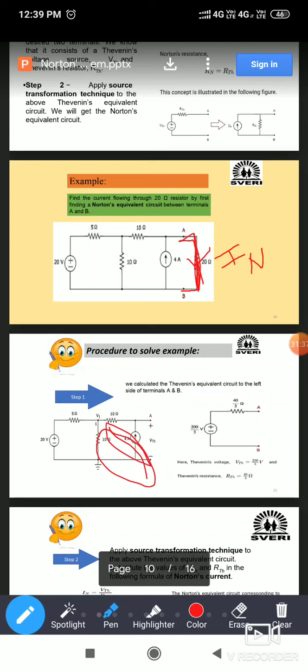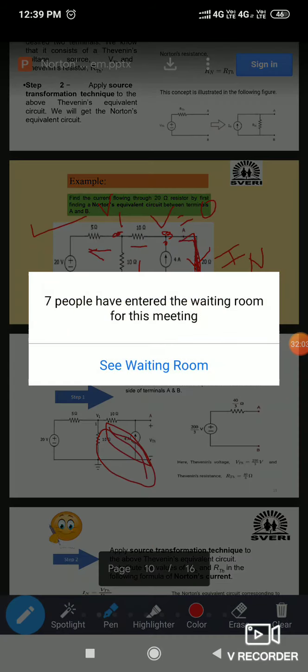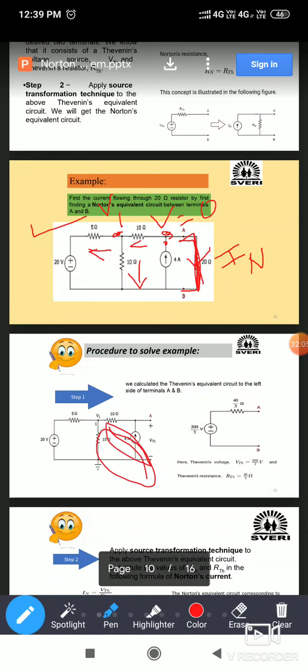So here you can apply nodal analysis. At this point, what will be the voltage? V is equal to 0. Because whatever is in parallel with a short circuit, the voltage across it will also be zero. Do you understand? So here V is equal to 0. This voltage you can find out. So apply the nodal analysis here. This is outgoing current, this is outgoing current, and this is also outgoing current. Okay. So by applying nodal analysis, you can find out V1.